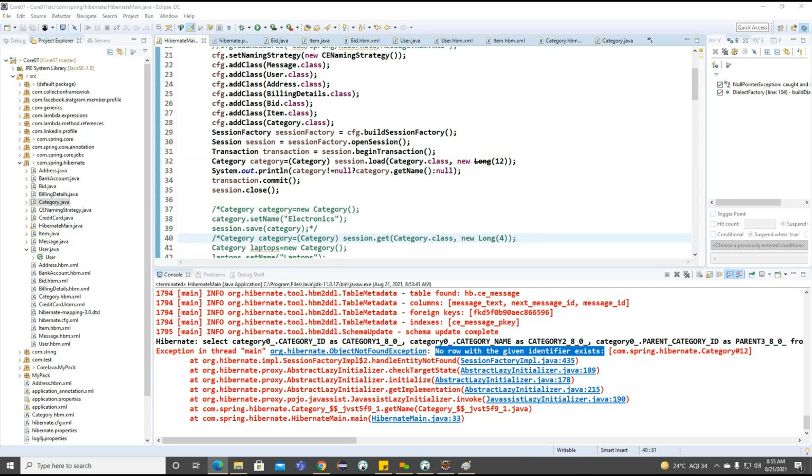And one more example we want to discuss is HQL. HQL and criteria, with the help of HQL we'll connect with our query criteria, in our upcoming classes. And we'll look at some fetching-related information. How can we work on the fetching strategies? We have eager fetching, lazy fetching, and batch fetching.